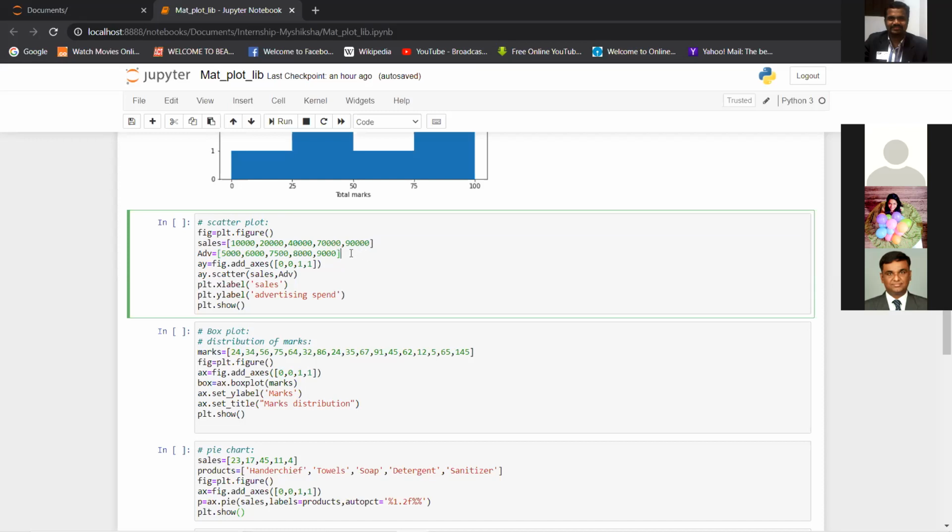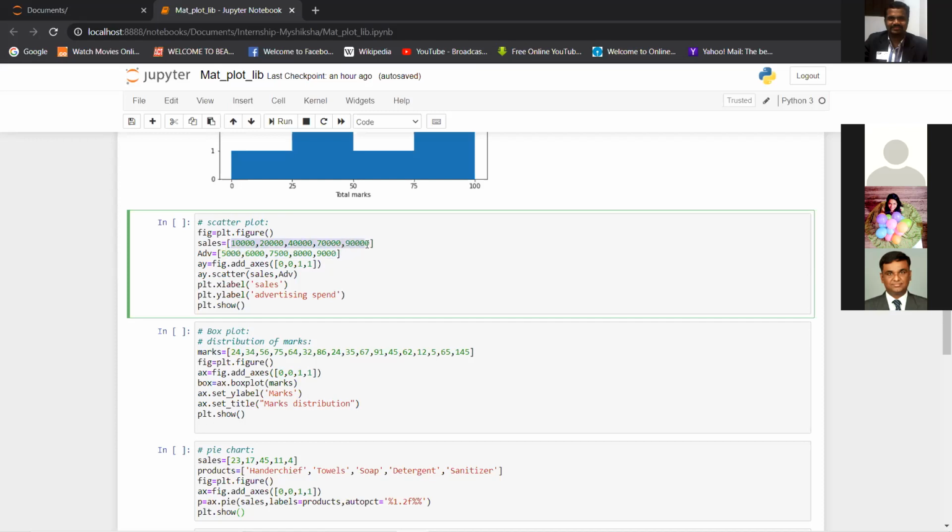But what is important is the relationship which exists between these two attributes, or these two columns, or I can say these two kinds of data, right? Generally, if this is a company's advertising spend, the more the company spends on advertisement, the more sales should increase, right?